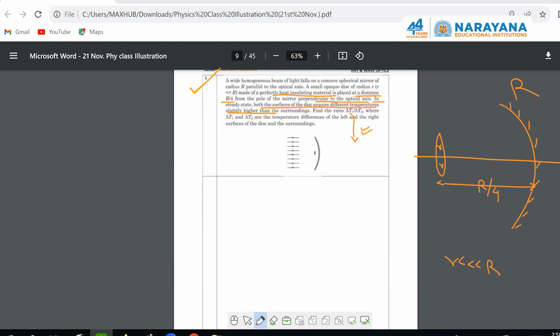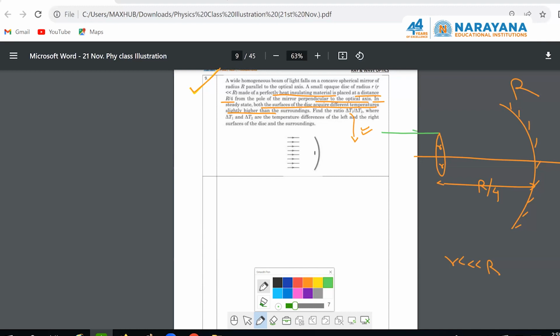So the question is to find out the ratio delta T1 is to delta T2 in the steady state for the given problem. Basically, we have to use the concept of solid angle also. I think that will be also utilized while solving the problem. But I will give you the core idea of what is happening. So let me draw the figure here. Now,